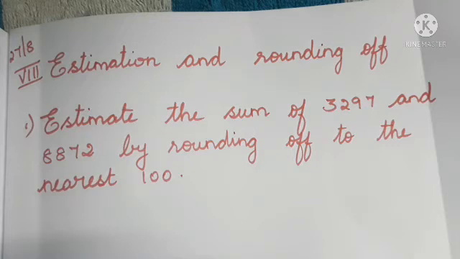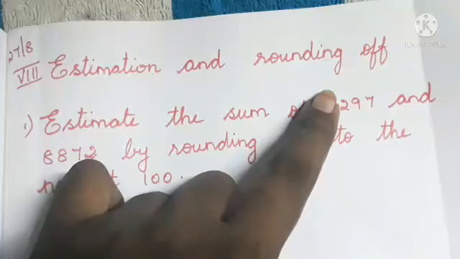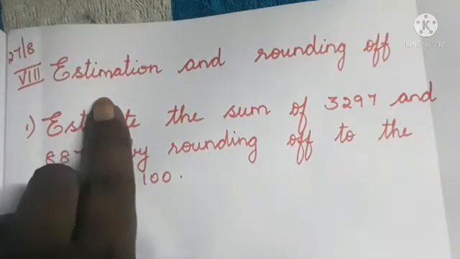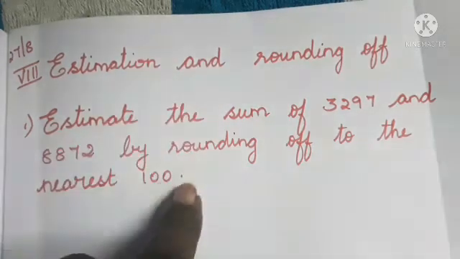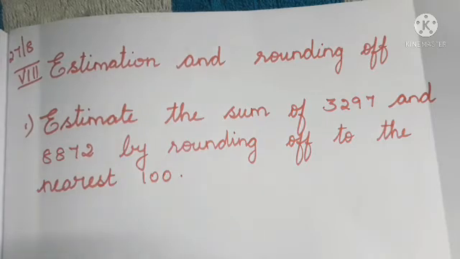And what is rounding off? Rounding off helps us to have an idea about the result in the problem. I understood what is estimation: estimation is making a guess about the value rather than finding the exact value. And rounding off helps us to have an idea about the result in the problem. So we know how to estimate and round off to the nearest 100 and 1000 and also 10, isn't it, ma? We discussed this in the first lesson.